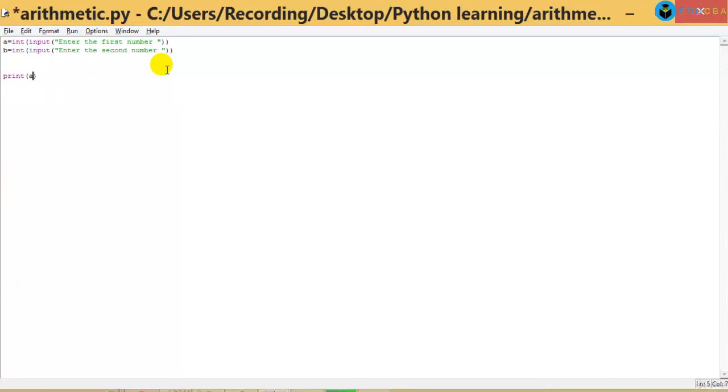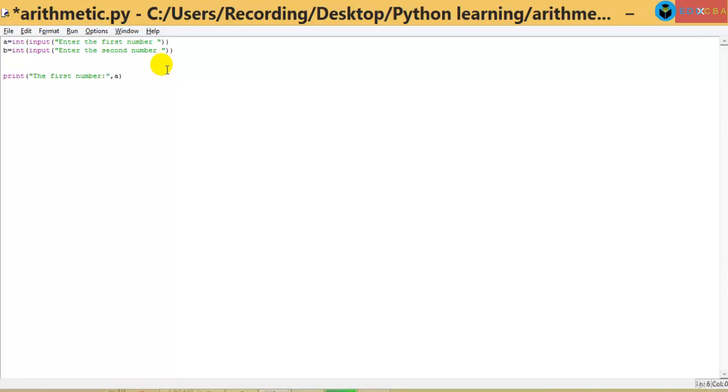Print says, if you want to print A, you can write before it the first number is, and then put a comma. After "is", if you want, you can put a colon, so the first number.